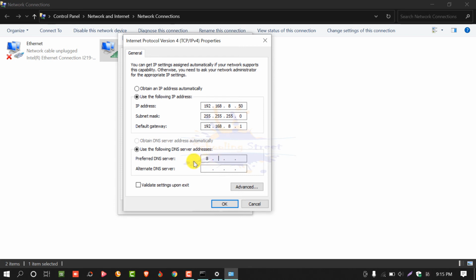I want to choose 8.8.8.8 and from here 8.8.4.4. After this you need to hit enter or OK.